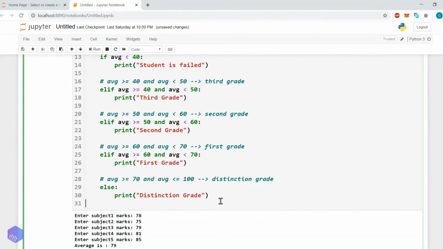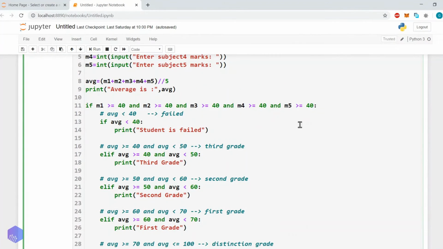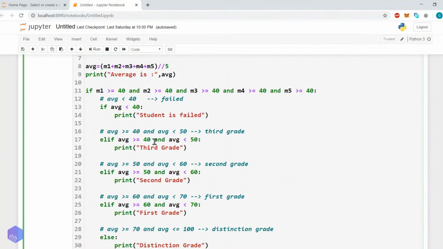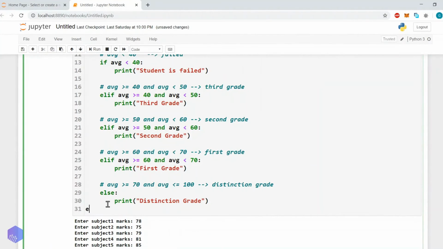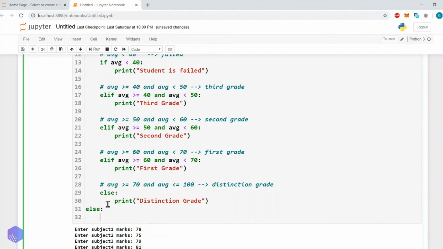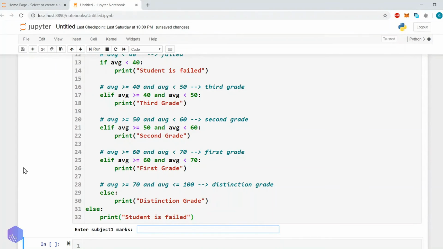Okay, if all the marks are greater than or equal to 40, then we will go with the calculation. Definitely if all marks are at least 40, then there is no need to check in the else whether the student is failed or not. So here we can directly print student is failed. Clear with this? Okay, so now let's execute it.